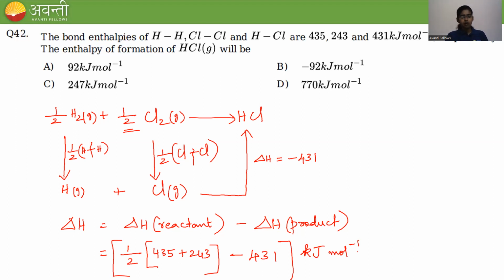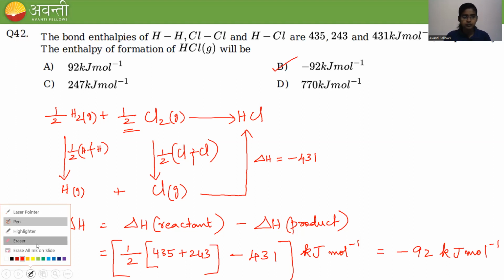Now on solving this, we will get minus 92 kilojoule per mole. So that will be the answer. Okay, so the answer is option B. You can take delta H is equal to this, or I can write